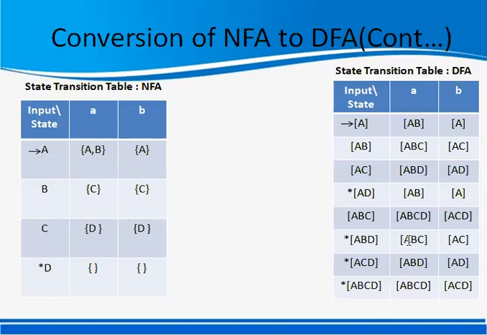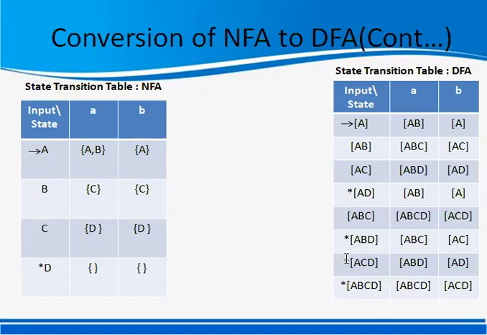So we have written here ABC. On input small b, it will give AC. So we have written here AC. Now we have explored ABC and ABD. We have not explored ACD and ABCD.